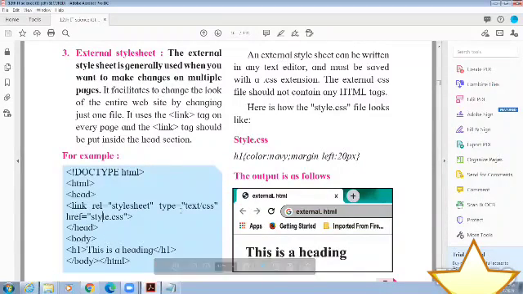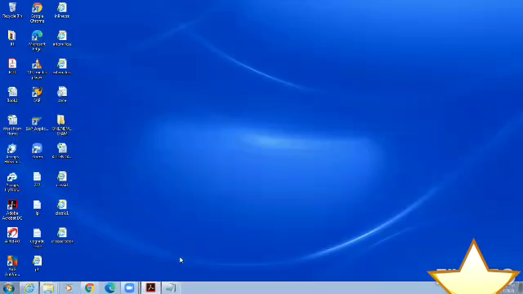Once we set the style.css with many properties, then we can give the reference to your pages and all these CSS properties apply to your page. So it will save you a lot of work. That's why it is called CSS, it saves you a lot of work. So we will see the example first.